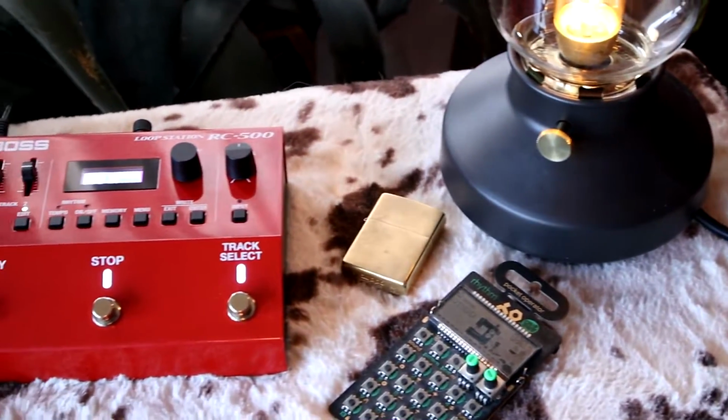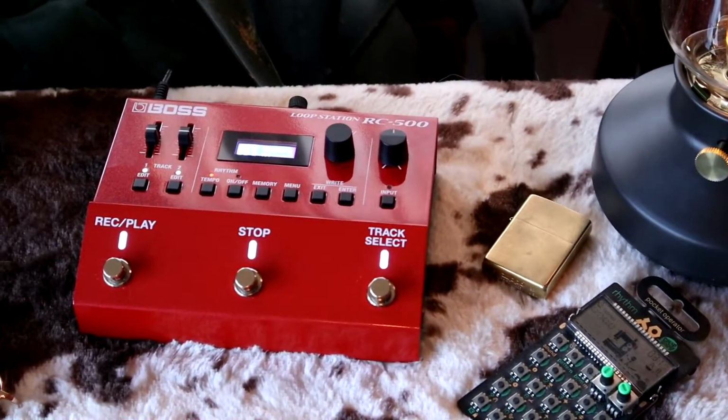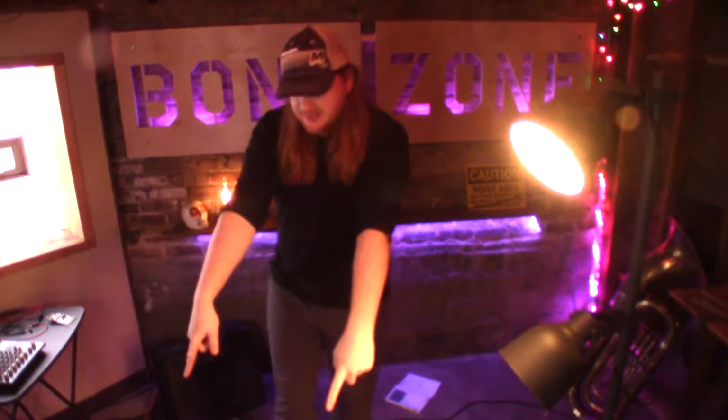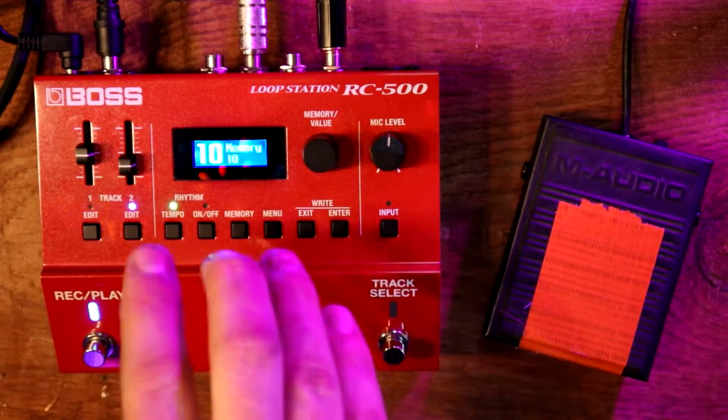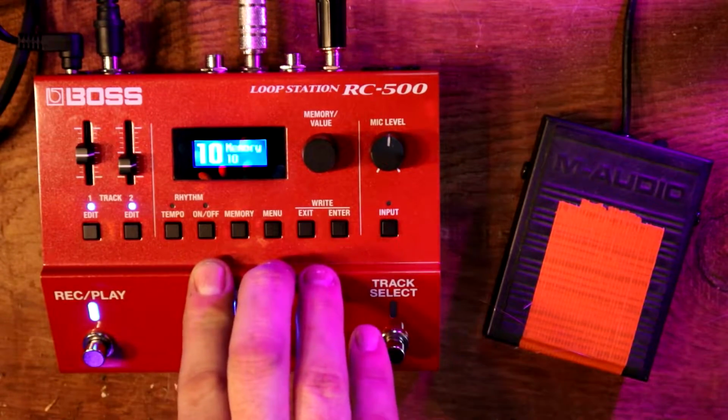Let's see what this thing can do. So let's go. Alright, let's demo a couple of features on the Boss RC-500. Alright, so first things first, one of the best features on the Boss RC-500 looper pedal